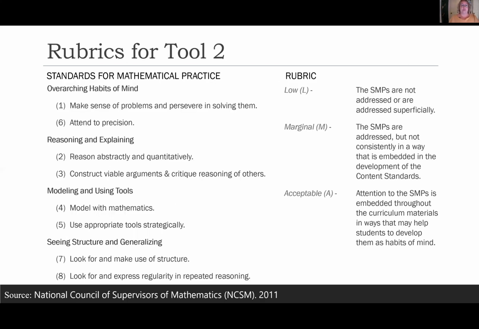Mathematical practices in Tool 2 have been organized into one possible configuration in the NCSM tool: overarching habits of mind, reasoning and explaining, modeling and using tools, and seeing structure and generalizing. The practices are not necessarily discrete, and other structures may be possible. This is just one way. One example or task may not fit, or may fit under multiple mathematical practices, and they should be recorded in each. The process used in reviewing the text involved reviewing a subset of content standards